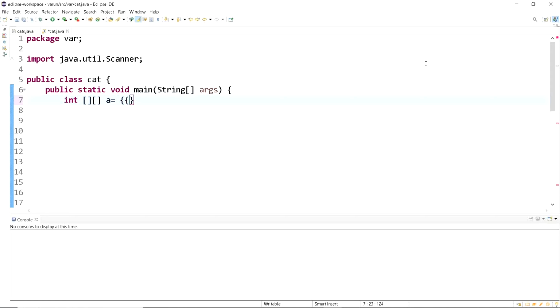This is how we do it. So we'll create the array as 1, 2, 3, comma, 4, 5, 6, comma, 9, comma, 7. So this is the array we have created.